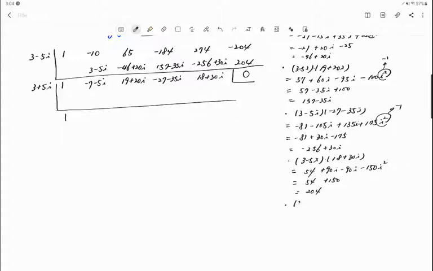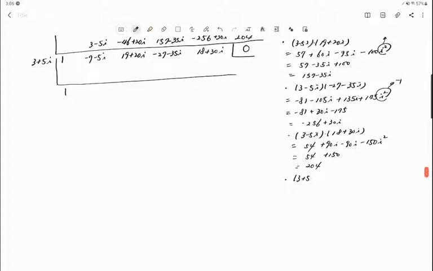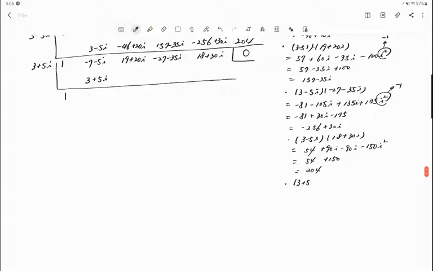Multiply 3 plus 5i by negative 7 minus 5i. It will be multiply these two, right? So it's going to be 3 plus 5i. And once we add it, it becomes negative 4, right? Then multiply these two, then negative 12